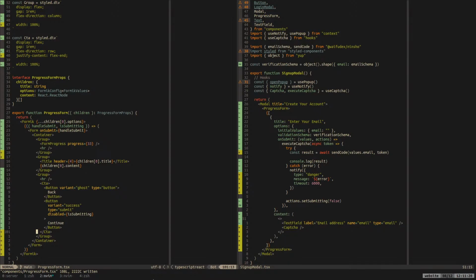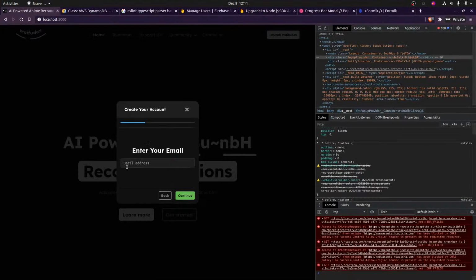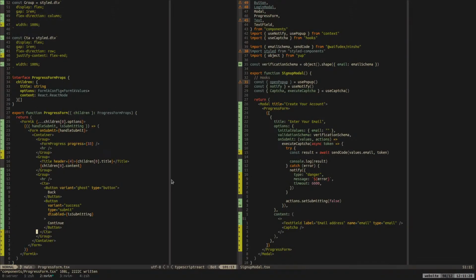Okay, so what we want to do is style this a little bit. I kind of want to shrink this input thingy, and you know, we can style with some CSS and places like that.